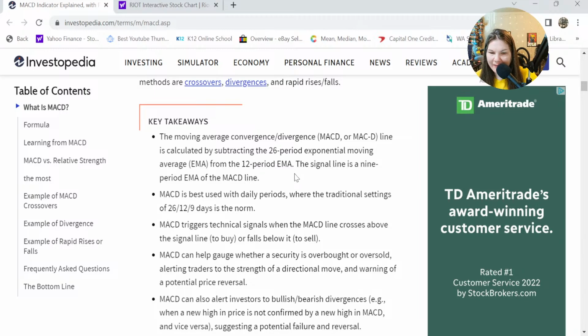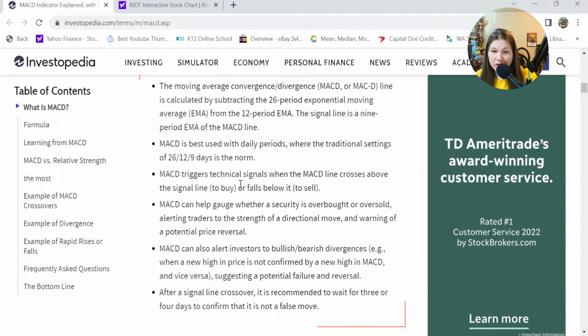The signal line is a 9-period exponential moving average of the MACD line. Okay, so there's a bunch of moving averages. MACD is best used with daily periods, where the traditional settings of 26, 12, 9 days is the norm. MACD triggers technical signals when the MACD line crosses above the signal line to buy or falls below it to